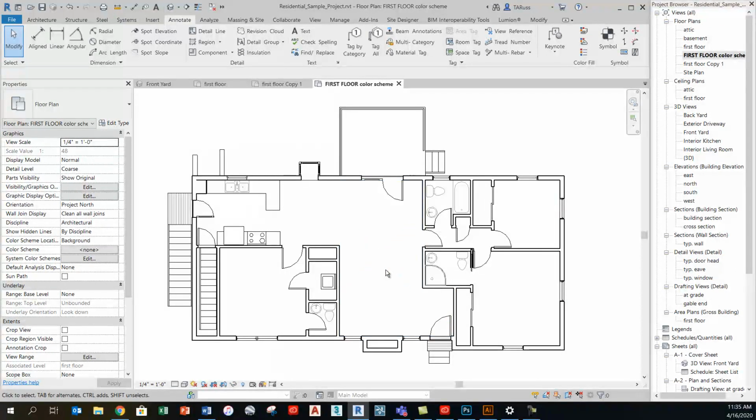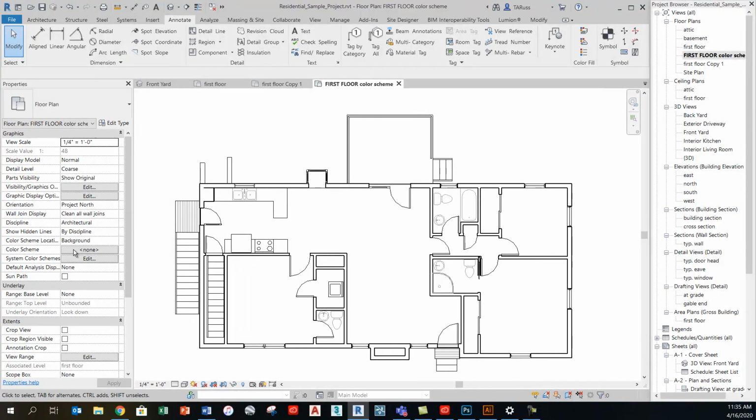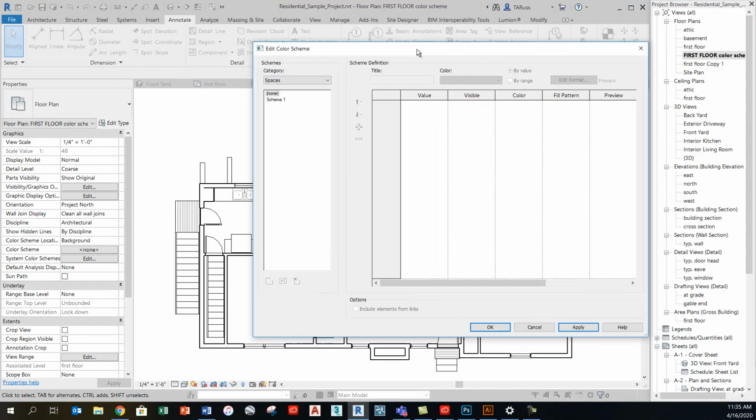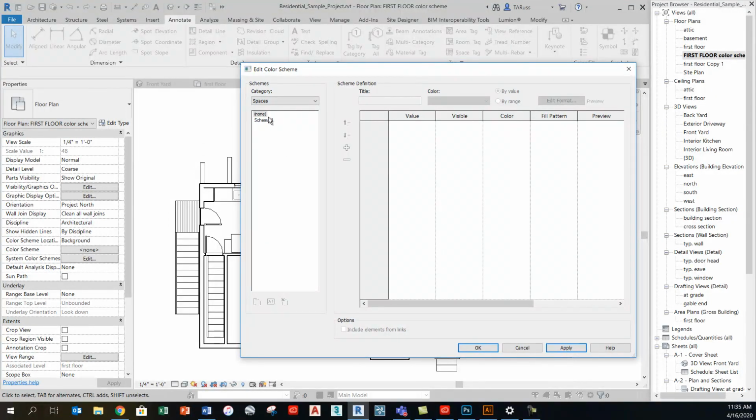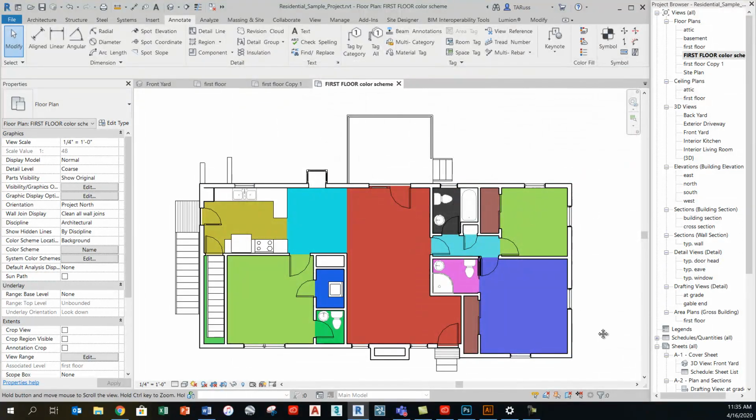And because the original file from Autodesk had the room objects in it, you'll see here that what I can do is I can go to the properties window, and this button that says color scheme, where it says none at the moment, I can click on that. And then in the Edit Color Scheme window that pops up, I can change the category from spaces to rooms, and then I can just click on the name option here, and you'll see that what happens is it gives me these randomly generated colors, and when I click apply, you'll see that these colors are applied to each of